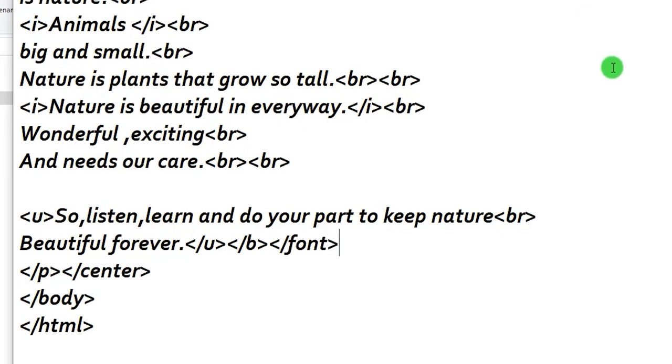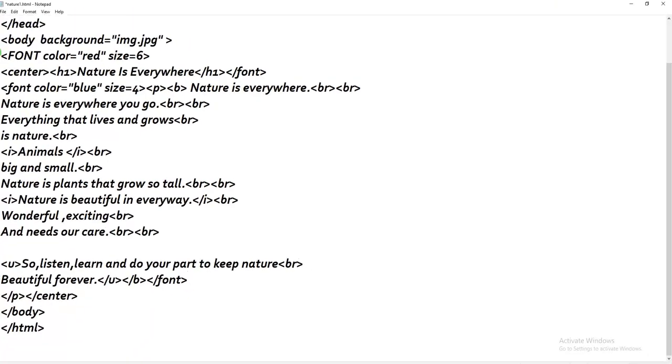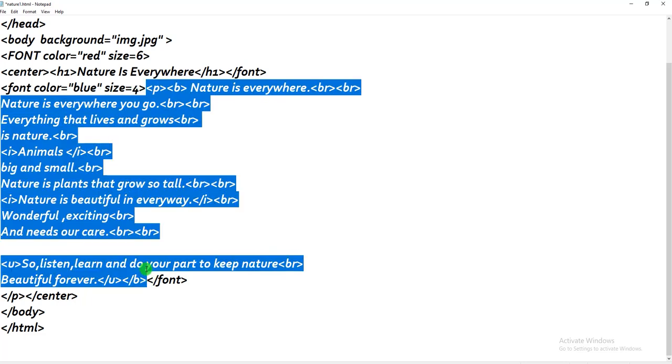So that means this tag starts from this place and it takes into account everything till here. It is starting from here and ending at here. So all the text that is written inside it should become blue in color, because this whole is the text that it contains. Now let us see.